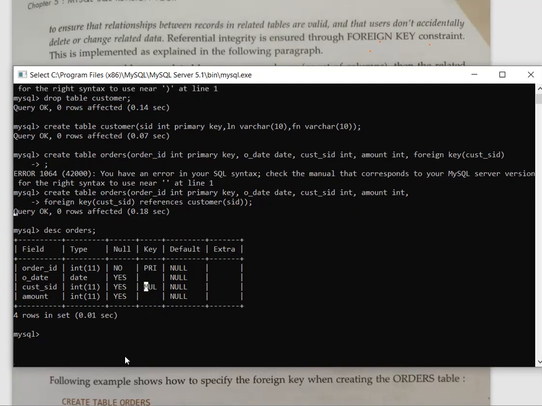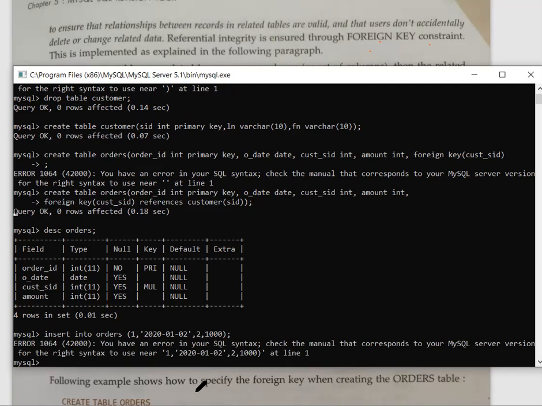Now if I want to store any information in this orders table, simply we write insert into orders. I should get some error message, and if I get error message, you have to tell me what is the reason. Insert into orders, I'm writing order ID as 1. Then date, I'm writing over here as suppose 2020-11-12, then customer ID 2 and amount suppose 1000.